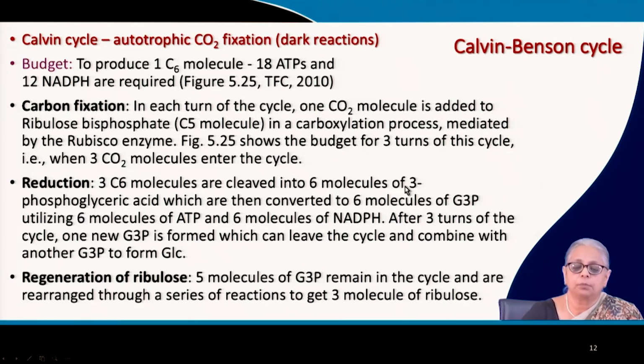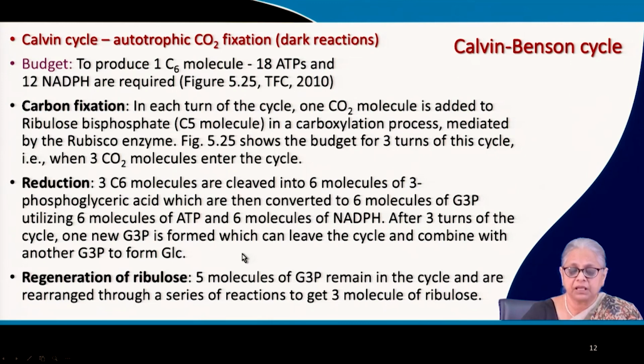These C3 compounds are 3-phosphoglyceric acid, which is then converted to 6 molecules of G3P, and in the process 6 molecules of ATP and 6 molecules of NADPH are utilized. With 3 turns of the cycle, 1 new glyceraldehyde 3-phosphate is formed, and this is excess glyceraldehyde 3-phosphate, so that can leave the cycle, and there are still 5 glyceraldehyde